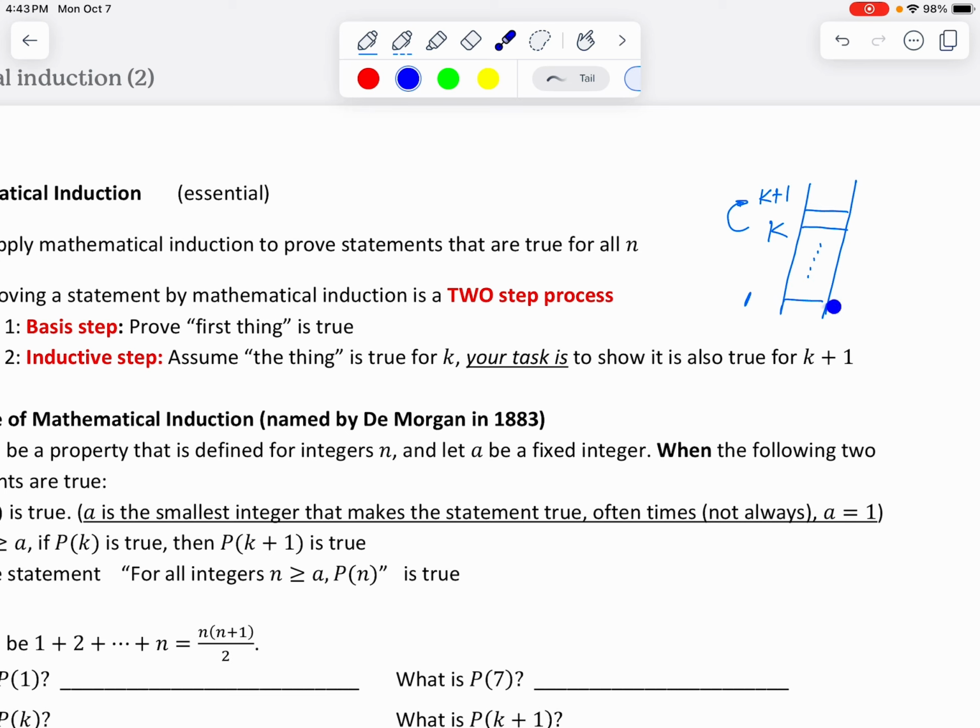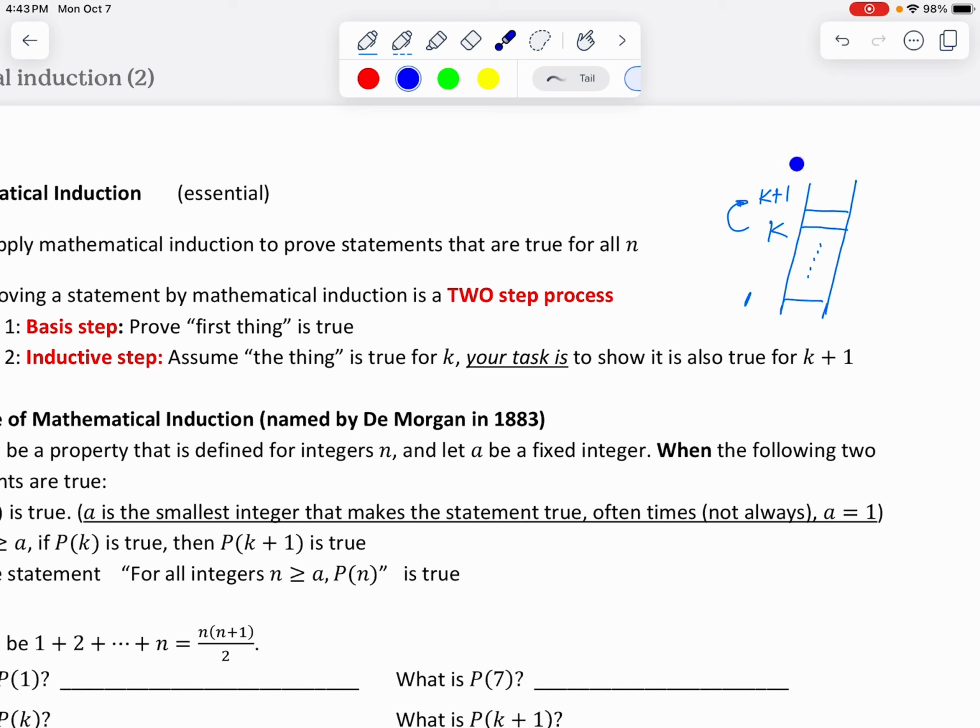The second thing to prove is: assume that you are on the kth step and you are able to climb up to the k plus first step. So in other words, if you assume you're on the kth step and you can show that you can climb up to the k plus first step,